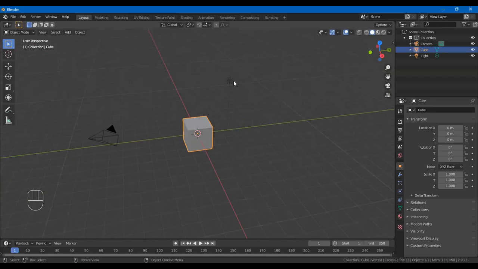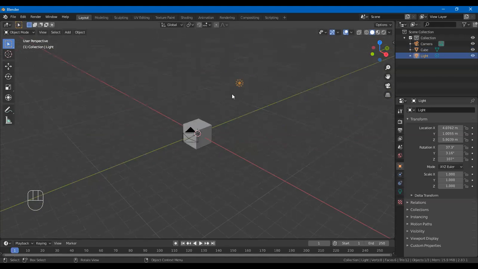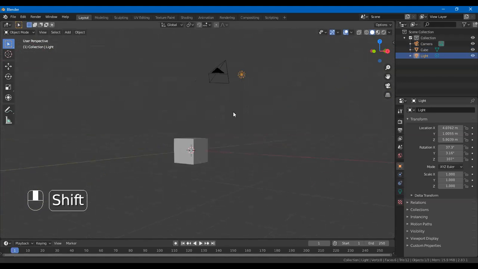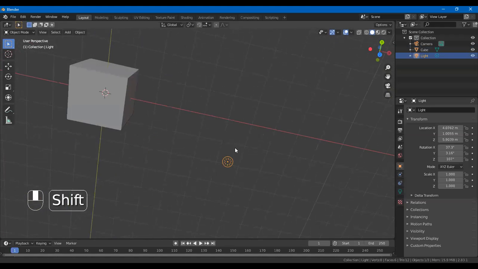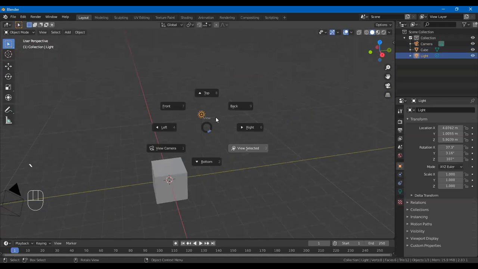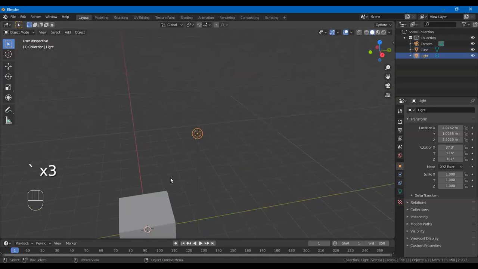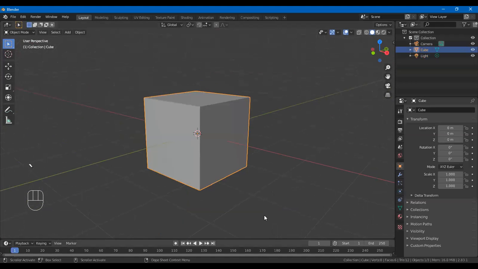So I'm going to select this little lamp here, this light, and then to switch to it, you can either pan over there and orbit around it to look at it, or you can use this pie menu again. If you hit tilde, you can use view selected. And that's often a faster way to work, because when you're dealing with big scenes, when you've got lots of